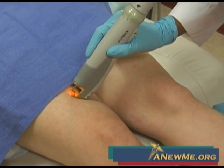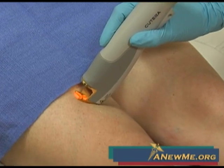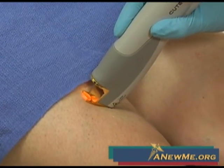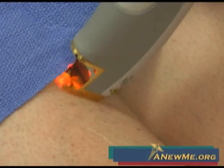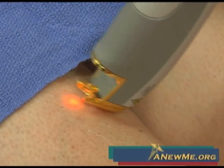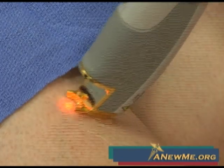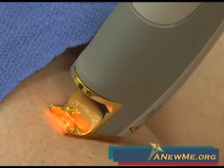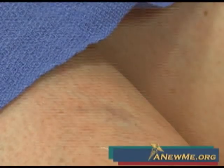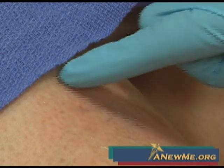Post-cooling is applied to the skin to keep the patient comfortable, and also it decreases any side effects to the skin, such as blistering or burning. And you can see as the vein is treated, it slowly begins to disappear. Constantly cooling the areas that have just been treated. And you can see after one treatment session, the patient has experienced significant decrease in the appearance of this cluster